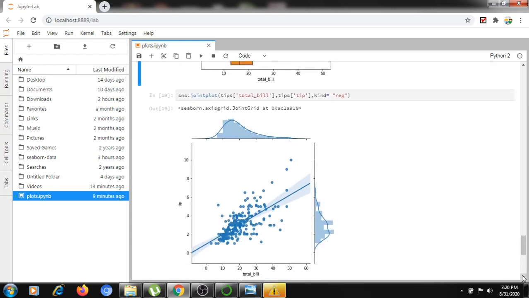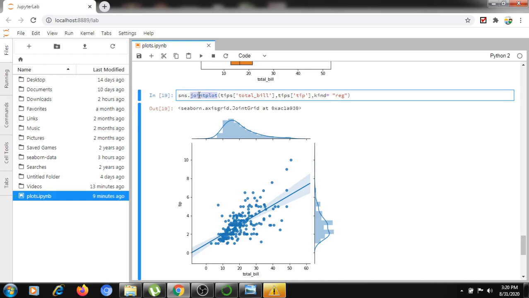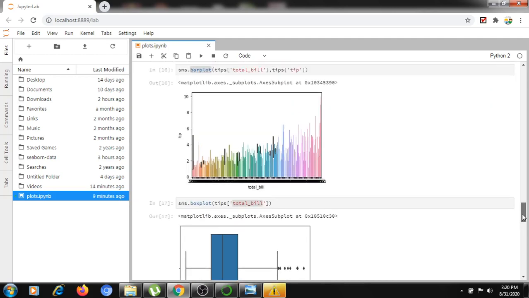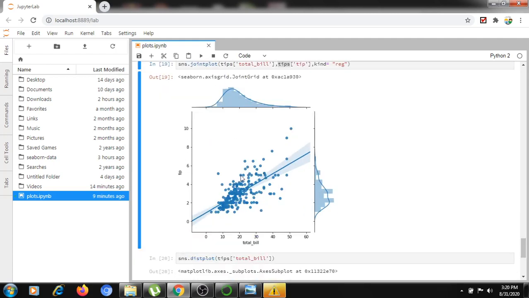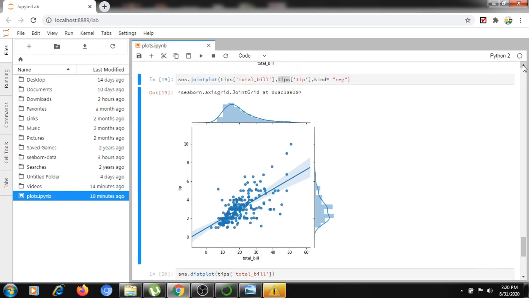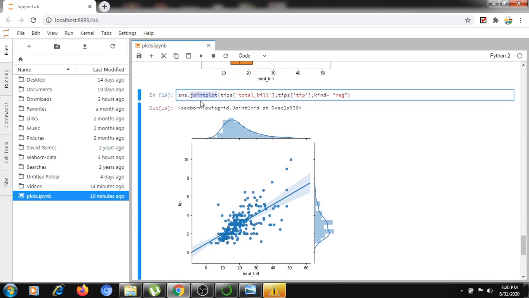Next is the joint plot. If I want to represent tips against total bill, in Seaborn we first displayed this with the scatter plot. This is a scatter plot. This is a joint plot, with the scatter plot and the regression. The joint plot contains the total bills, defined here, and this is the graph for the tips. Here this is the combination: total tips versus total bill. I am representing it in scatter manner as well as with the regression.